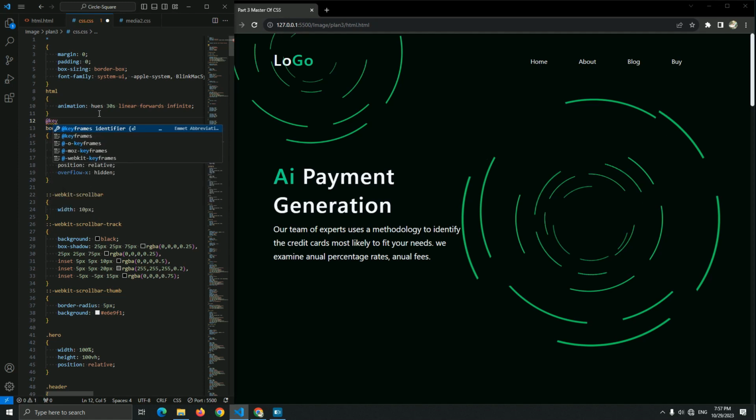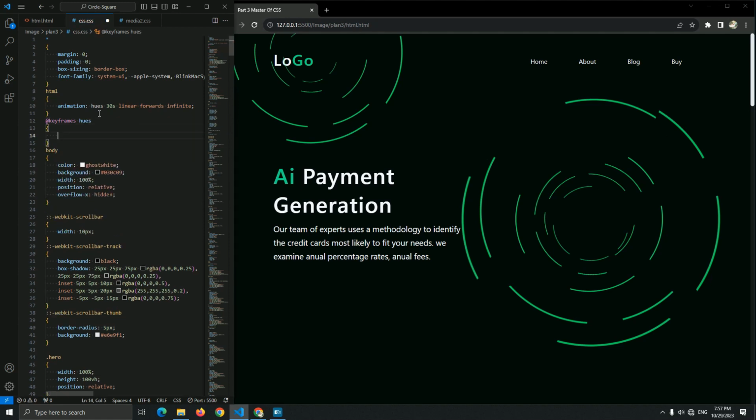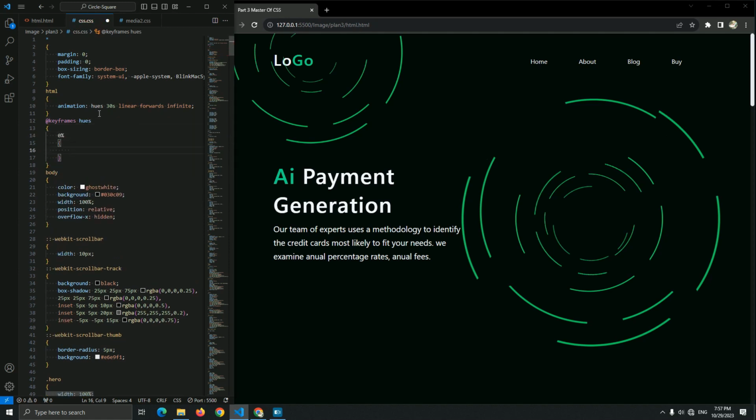So the keyframes, add hue, and now let me add a 0%. You just need to add a filter and this beautiful code here, hue rotate, to just change a color even if you have image inside of your website.